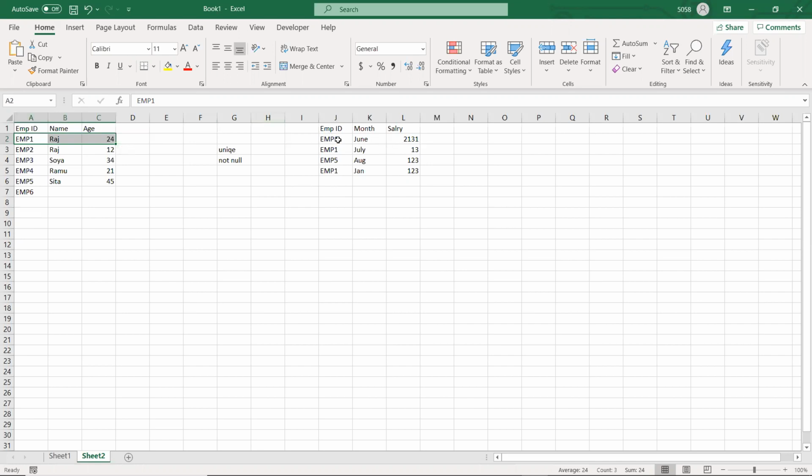So I will come here and check the employee ID. The column on which the primary key matches the second table, or any table, third, fourth, fifth, the column on which my primary key will match to another table is called a secondary key or foreign key. Clear?